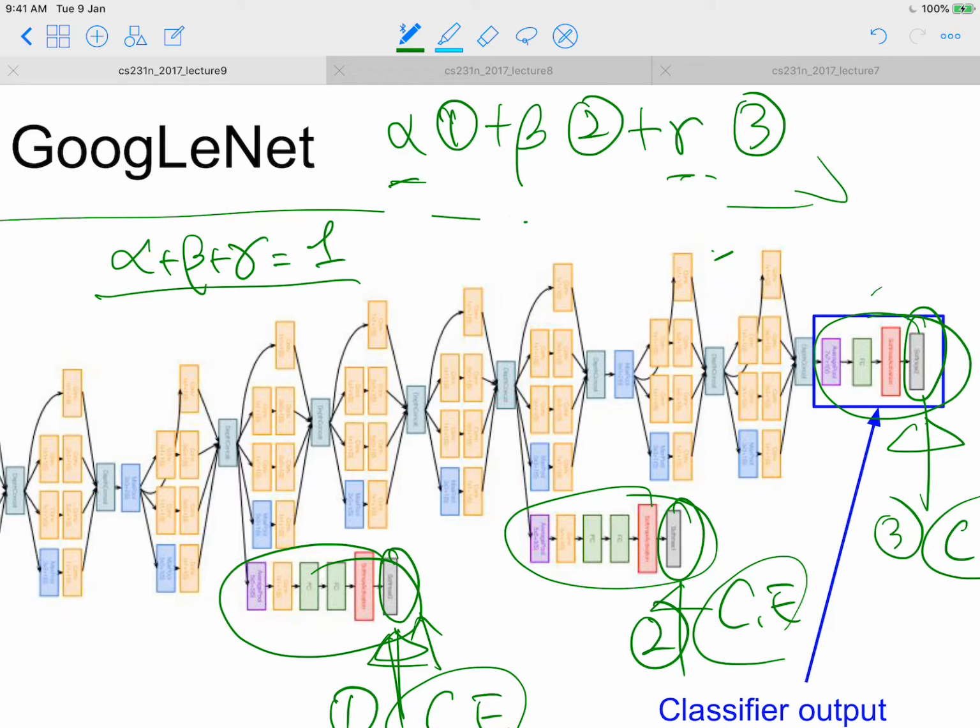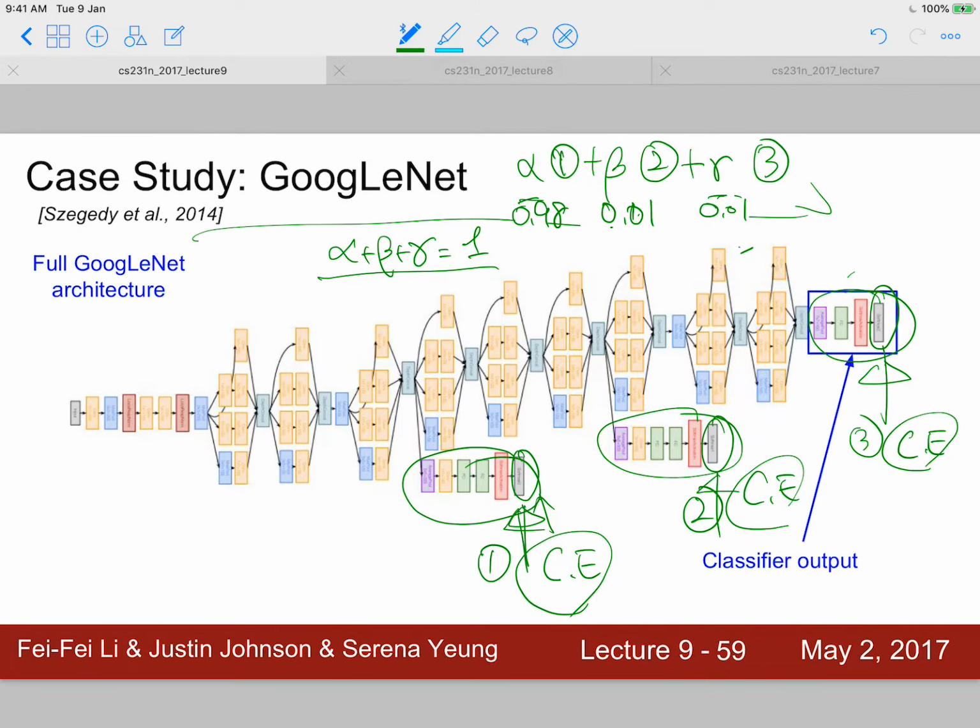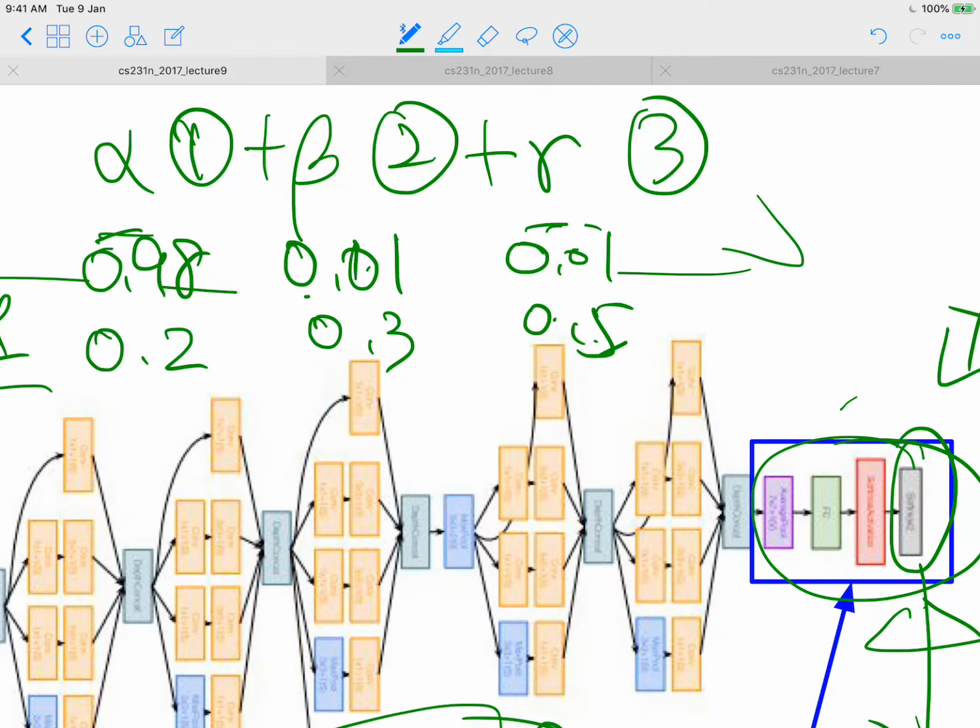Okay, so in this case, if we apply 0.98 and 0.01 and 0.01, then it is giving much higher weight to this part, right? And if we have maybe 2 and 3 and 5, then we are giving more weight to the last part, right? Okay, so if we're gonna train this model by using these 3 different loss values simultaneously,